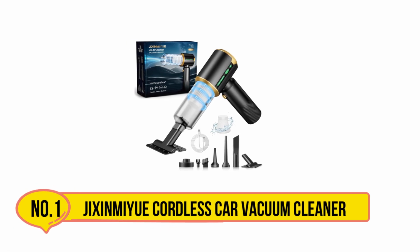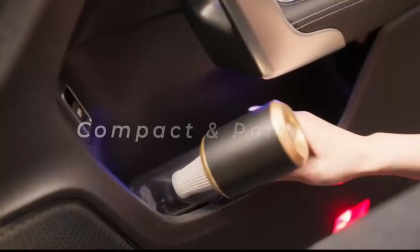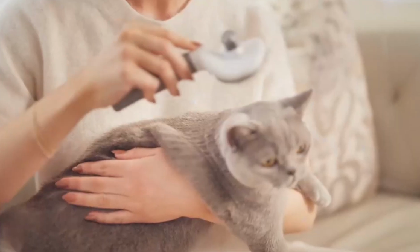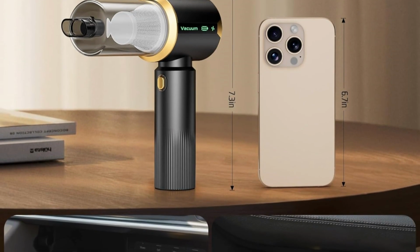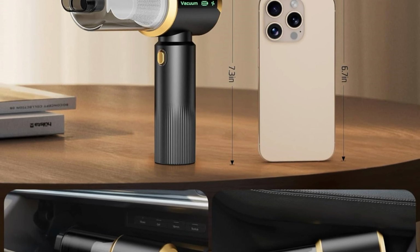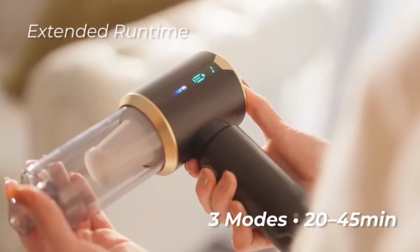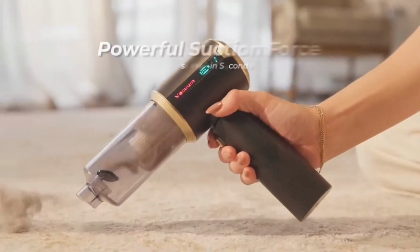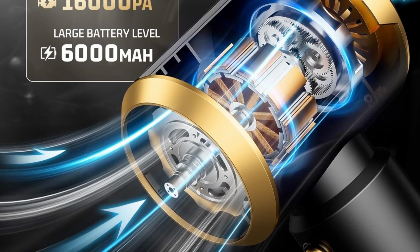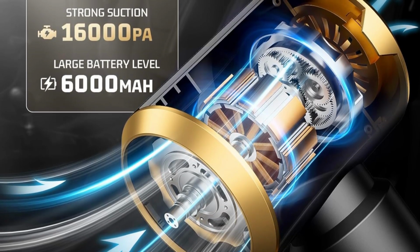This handheld car vacuum delivers impressive cleaning performance thanks to its powerful 16,000 pascals brushless motor, making it easy to lift embedded dirt, pet hair, crumbs, and dust from seats, carpets, floor mats, and hard-to-reach corners. Its cordless, lightweight design provides excellent portability, allowing you to clean your vehicle, home, or workspace without dealing with tangled cables. The included 7-in-1 accessory kit adds outstanding versatility, with specialized tools for vacuuming, brushing, and blowing away debris in